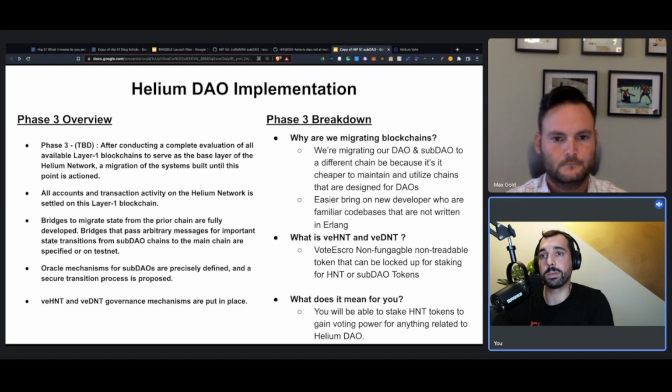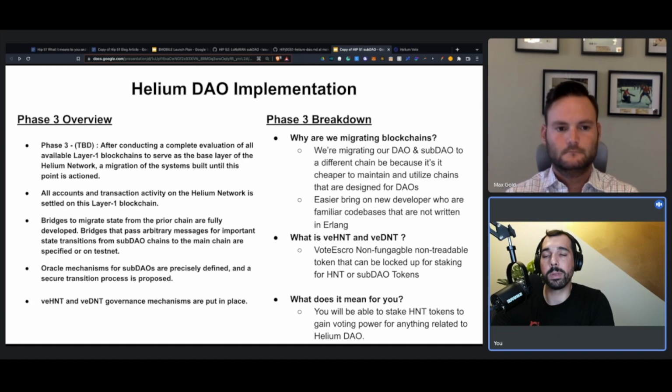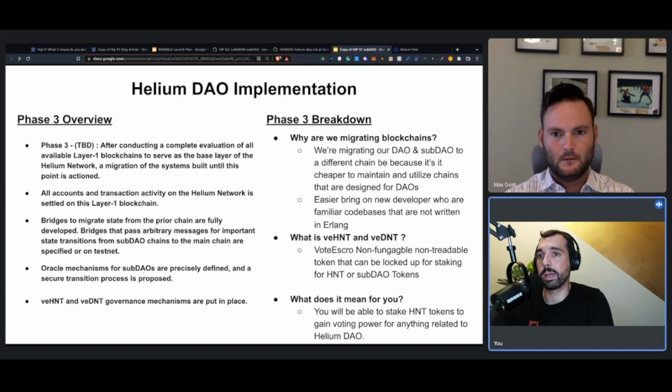It will also make it easier to bring on developers who are familiar with the code base that's not written in Erlang, which is our current language that the Helium blockchain is running on. It has a mix of Erlang and Rust in it, so the new one will probably have some sort of Rust. I think they've alluded to either Atom or Cosmos network, which is better for DAOs, or the Solana blockchain. So either one of those two seem to be the main competitors right now. And then we get into additionally staking. And I'll let Max explain this a little bit better with veHNT and